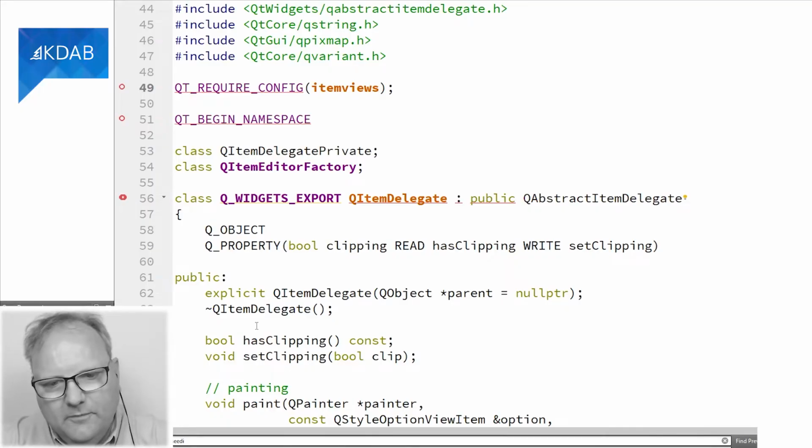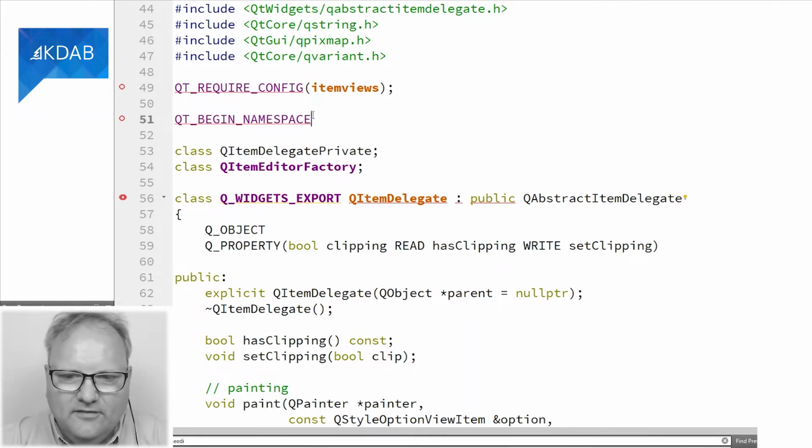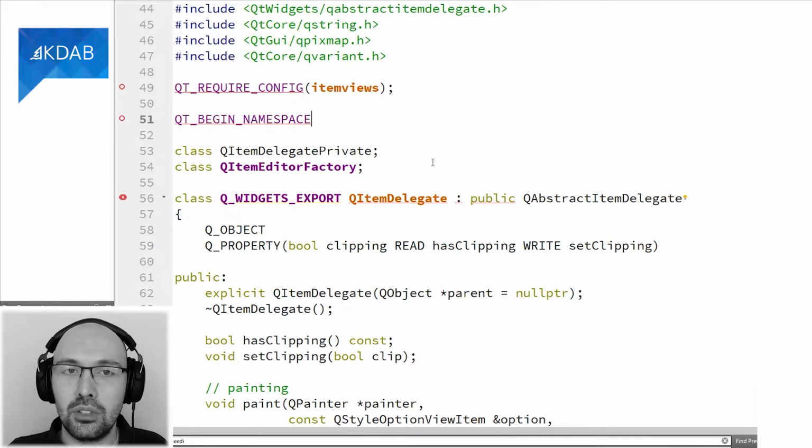Now, okay. Yeah, we are getting a bit ahead of ourselves. We're not going to develop Qt here, and we might be recompiling Qt, but we're just trying to understand. So QT_BEGIN_NAMESPACE kind of indicates that it has something to do with a namespace that is beginning there. Yes, that's also something that is not very widely used, but there is the possibility of building Qt within a namespace. By default, Qt isn't built in any namespace, so you just write QObject, QWidget, QItemDelegate in the global namespace.